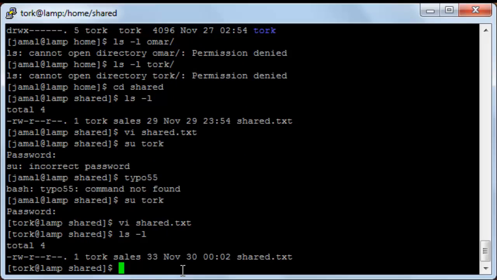Now I will display the files. Okay, now I want the user Jamal to be able to write in this file without changing this permission over here, because this permission is about the other users, and Jamal is one of the other users, but I only want Jamal to be able to write in this file but not other users. What will I do? I will add the user Jamal to this group over here, sales, and then change the